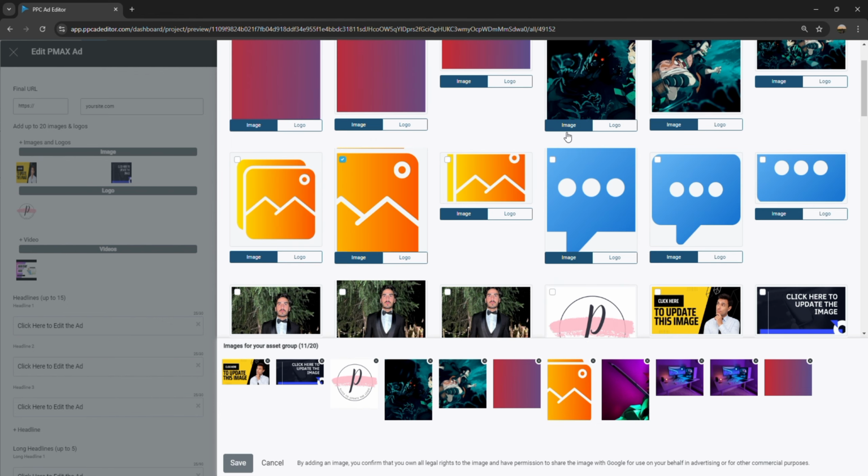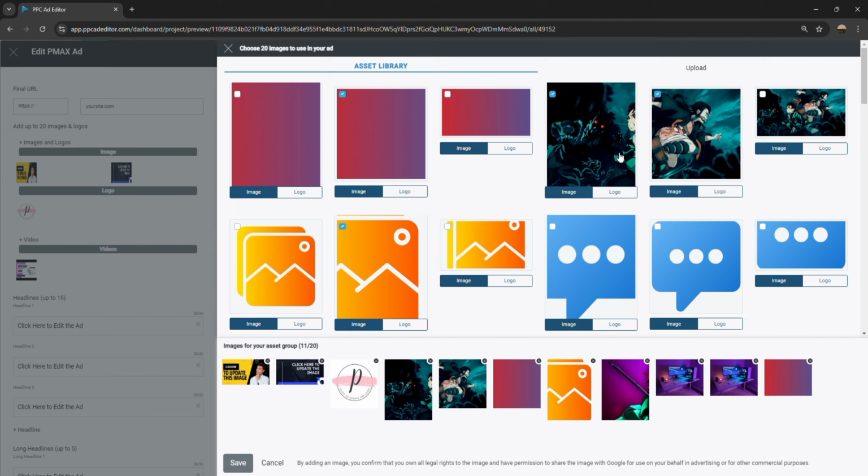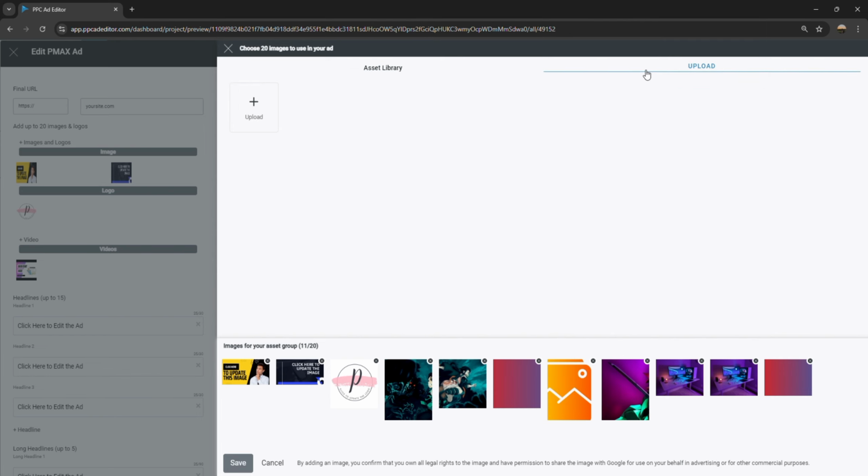Want to add fresh images? Then no problem. We've got you covered. For that, click on the upload button. Select the images from your device and click open. Once the upload is complete,